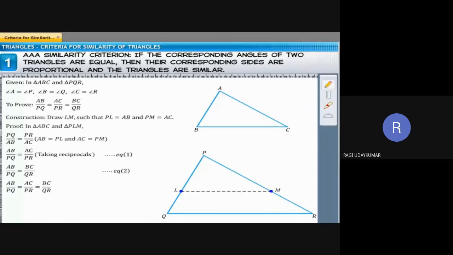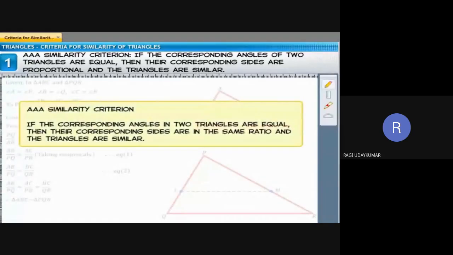Then you can consider that the three sides of one triangle are proportional to the three sides of another triangle. Therefore, you can say that the two triangles are similar. Here, once again I will explain by drawing this. Okay. Did you understand here? You might be a little confused. I'll explain again.